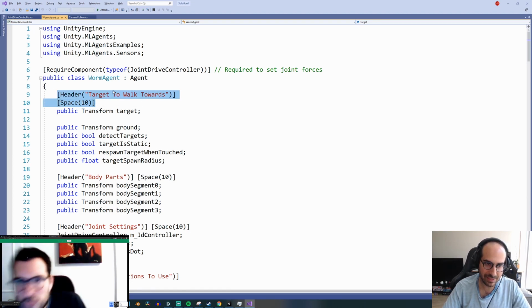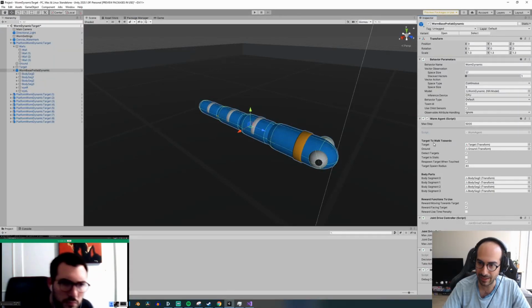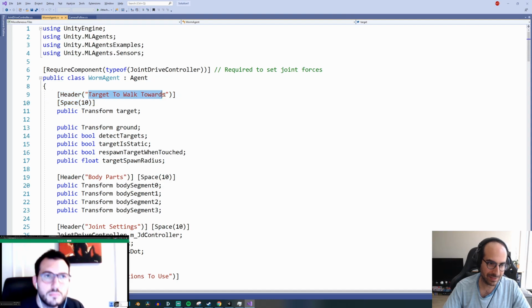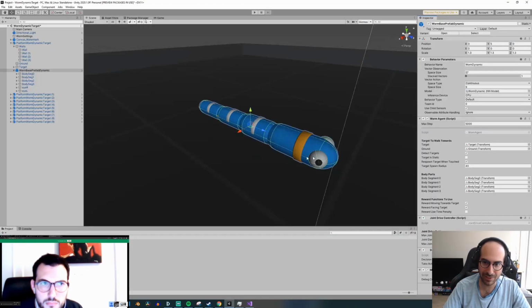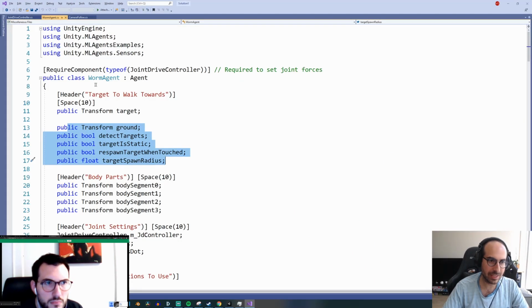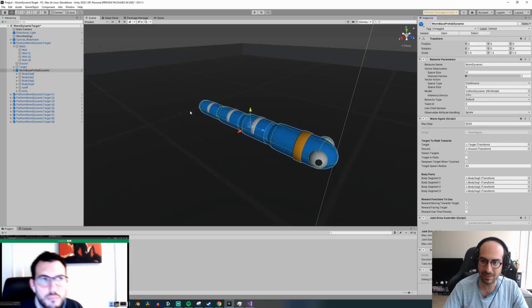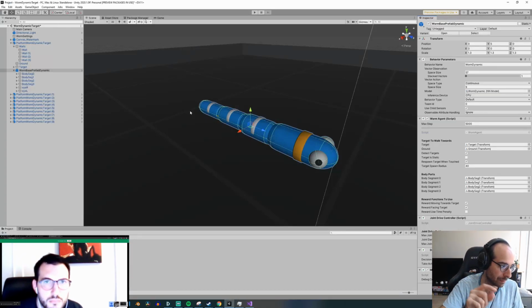The reason they have this stuff is because when you go back here, this is the target to walk towards. And then they have the public transform. And so then, yeah, you'll see all of this stuff shows up here. So the reason we'll add these headers is basically so that we can change our public variables from within our